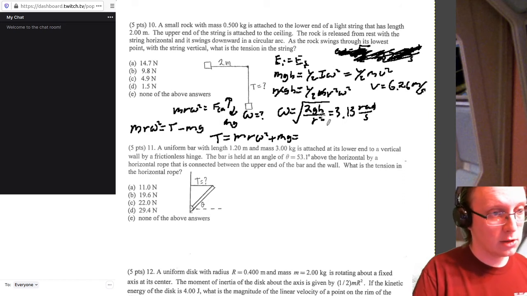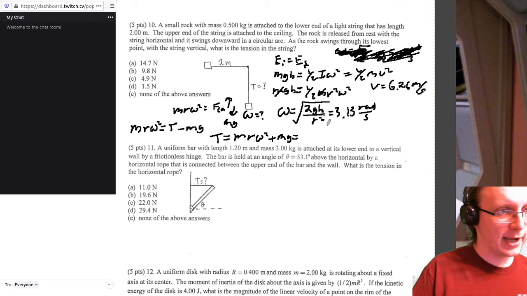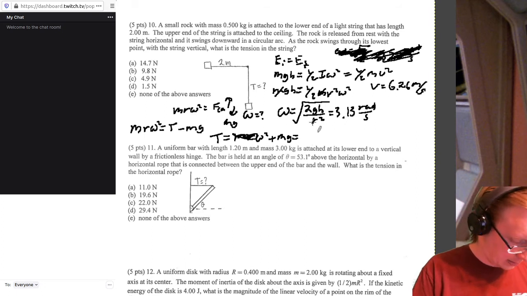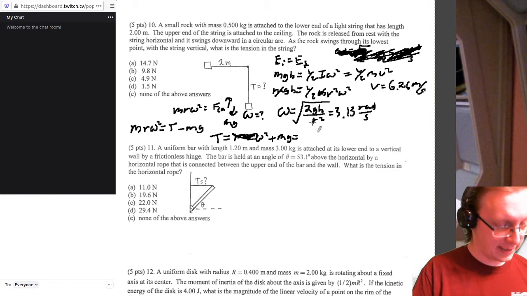Oh, look at that. We have a half kilo here and an r here, which is 2, so these are actually gone. It turns into a unit conversion, so that we end up with newtons coming out the side here. That would be a newton second squared, 1 newton second squared, so this comes out correct. So back up here, we have that squared plus a half kilo times 9.8